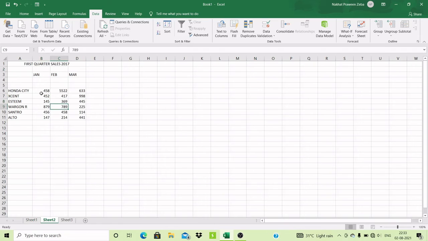This varies from sheet 1 because this is the data of year 2017. Like you can see Honda City in Jan of 2016 it sold up to 458, and in 2017 450. So if you sum 450 and 458, you will get 908, right.